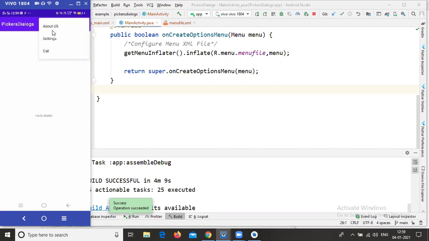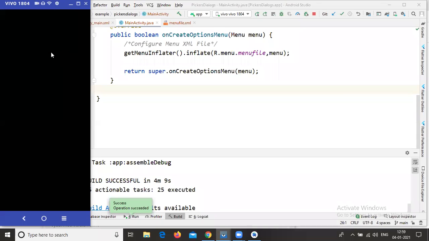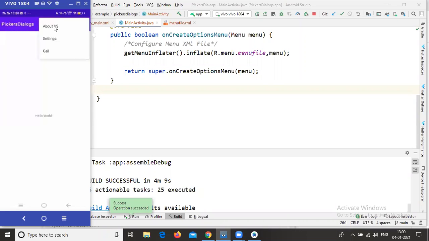If I click About us, I am not able to perform any action. If I click Settings, also no action. If I click Call, same. The click event is not available. Only the menus are displayed, but the click event is not applicable. This is the output of option menus.